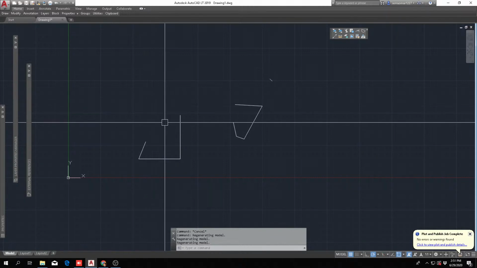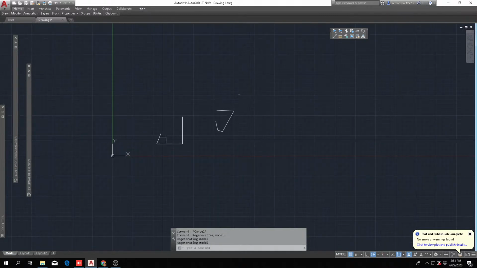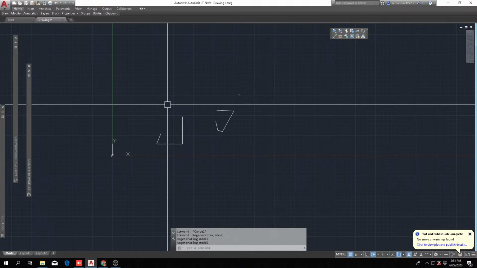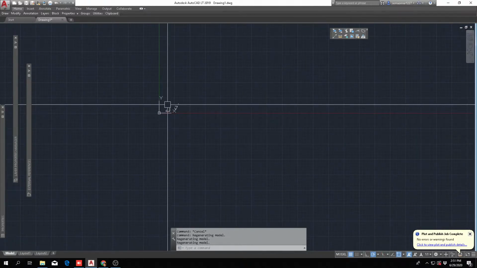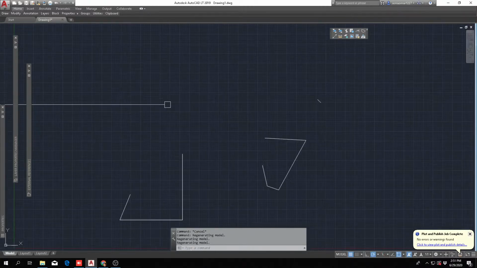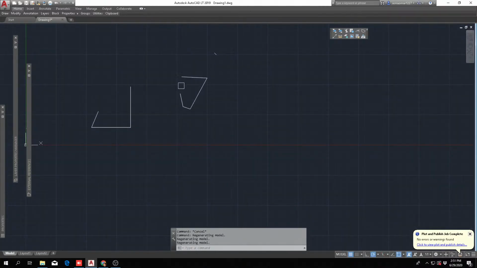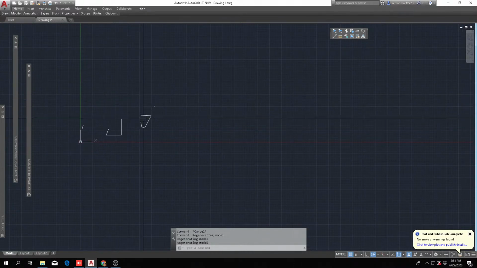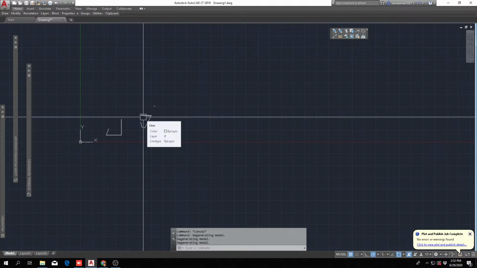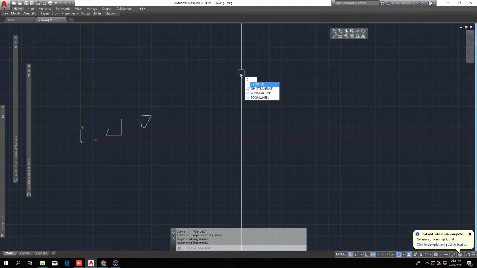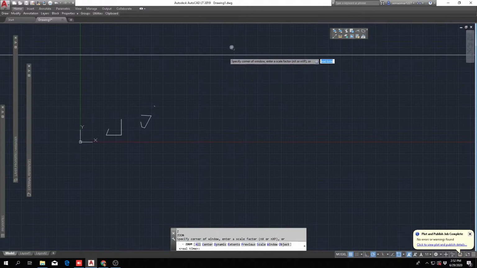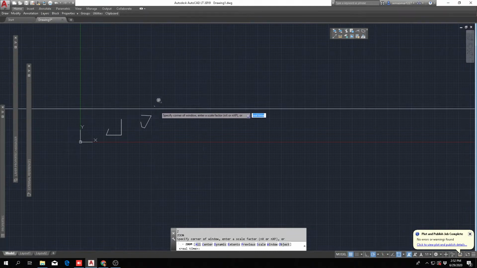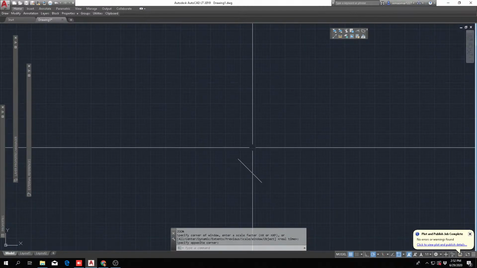Now I'm going to show you another command, which is zoom. You might say, hey, you already did, because all I need to do is scroll up or down, and it's going to zoom in or zoom out. Yeah, that works too. But another way is also doing Z enter. So let's do it. Z for zoom, enter, and then your command is active. What do I need to do now? Now let's say you wanted to see this bigger. All you need to do is put a window right there,